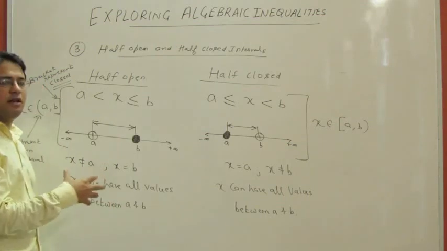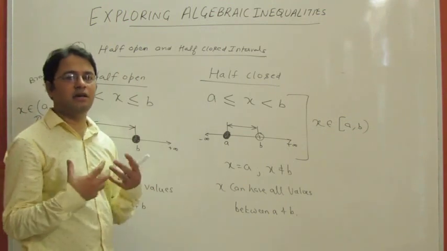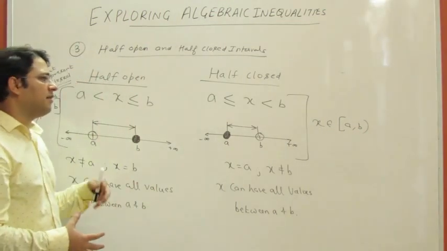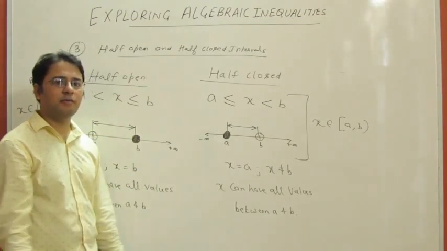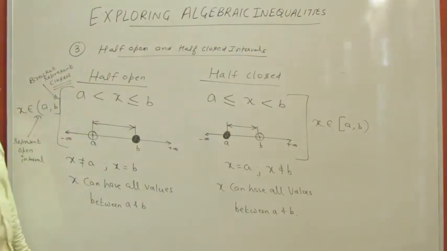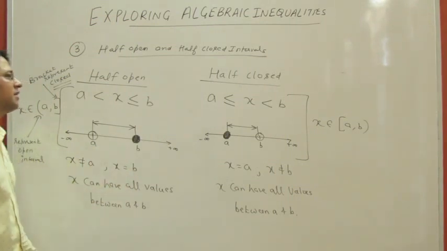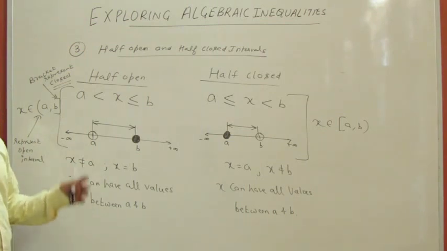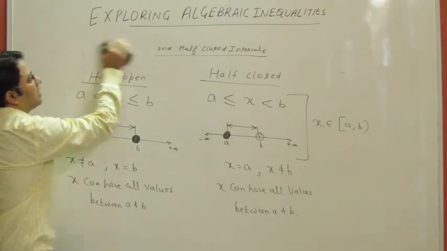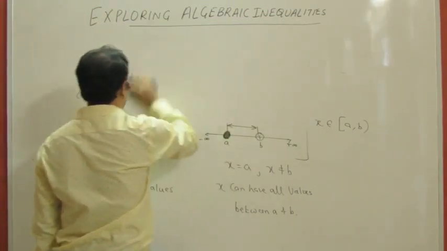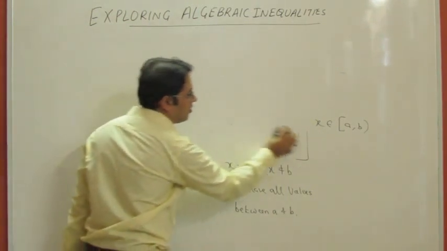So we are going to basically use these three intervals in getting the solution of algebraic inequations. If we have no knowledge about these intervals, we cannot write the solution of inequations in a proper manner. So hopefully you have got these intervals. Now the second most important thing that we are going to use in the solution of inequations is the union and the intersection of two sets.